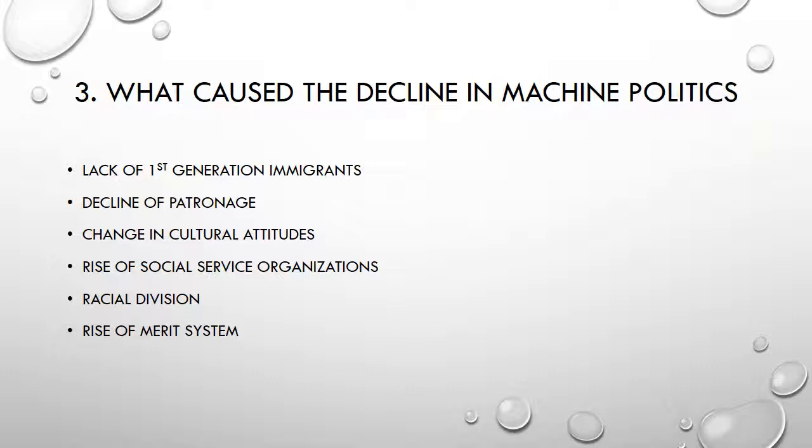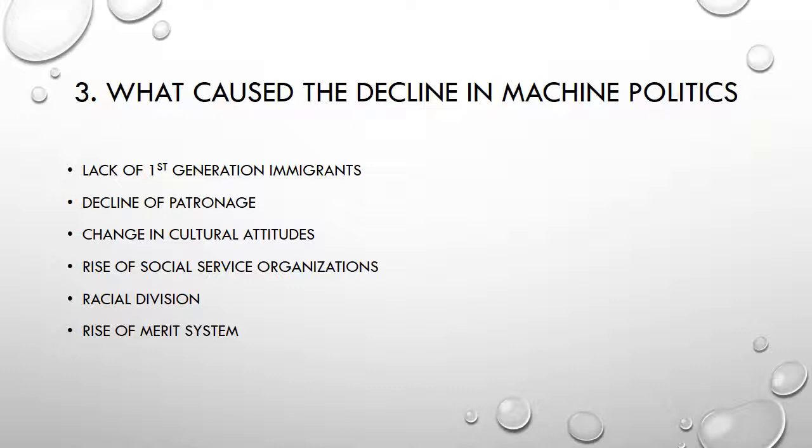So the more patronage workers the machine had, the more workers they had out there and the more money they were able to supply to their candidates. So there was a change in cultural attitudes as time went on, as we get past the 1950s and past the domination of this first generation of immigrants. And the cultural change was that people were fed up with corruption and they didn't want machine politics. They wanted